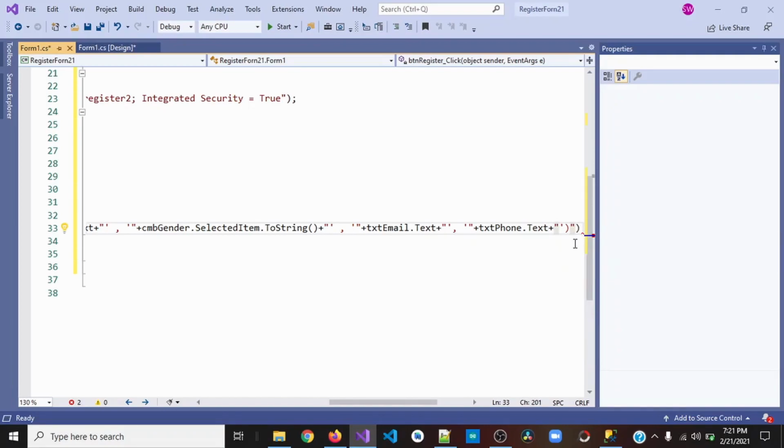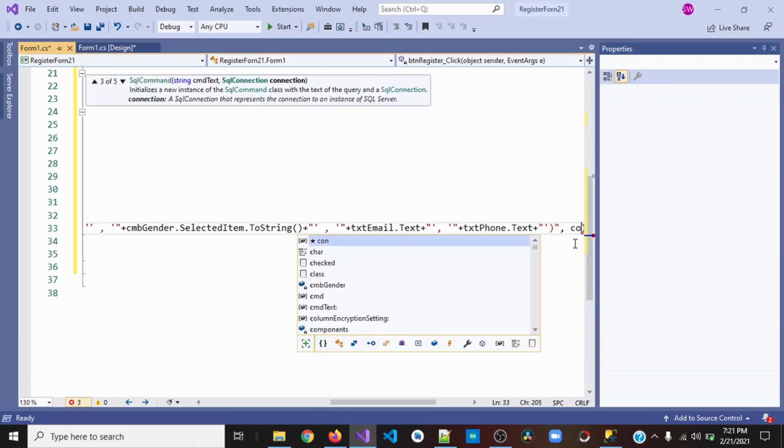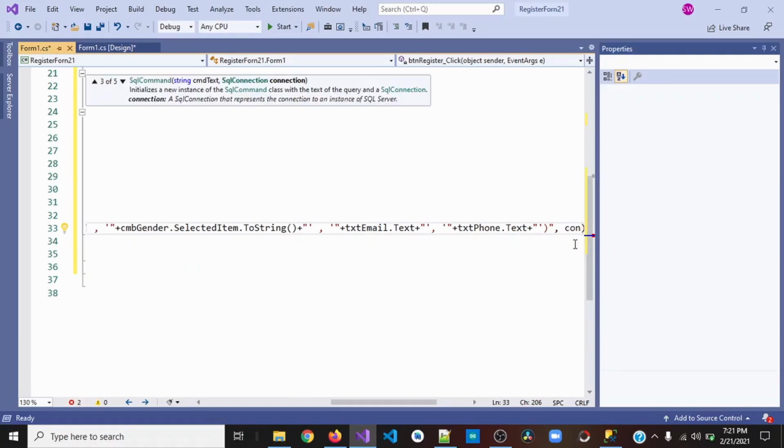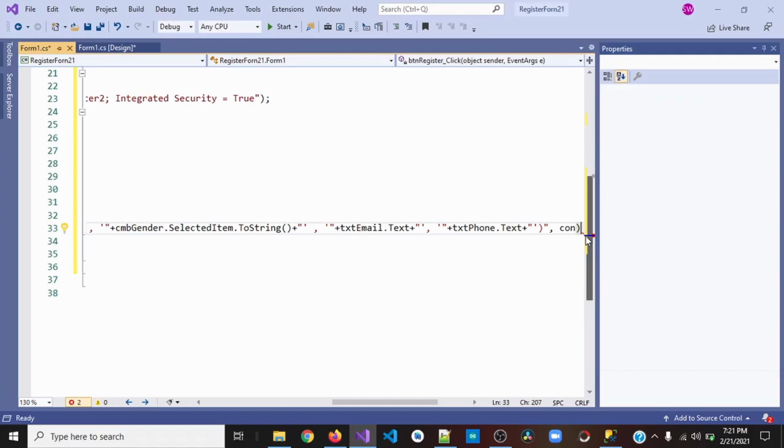So next apostrophe and con, and at the end put a semicolon,